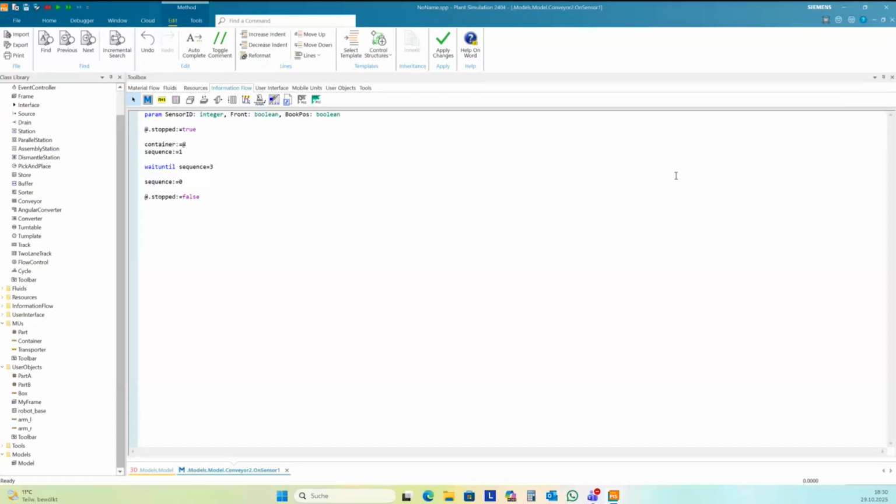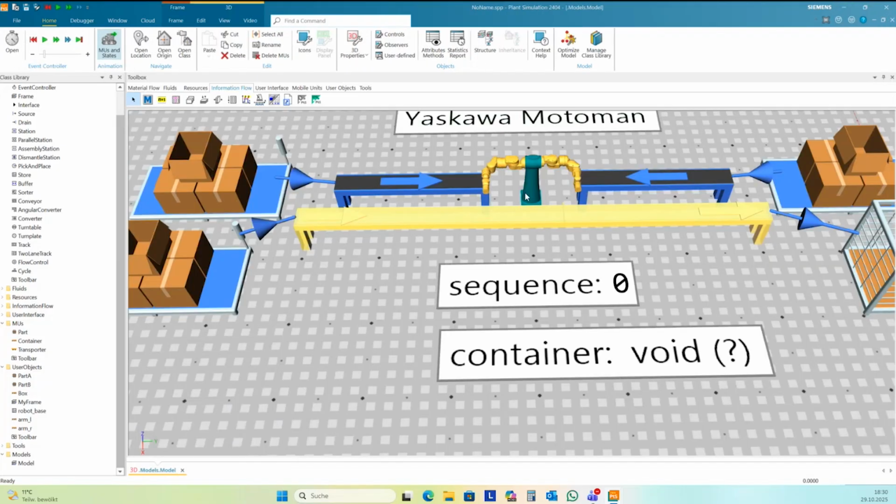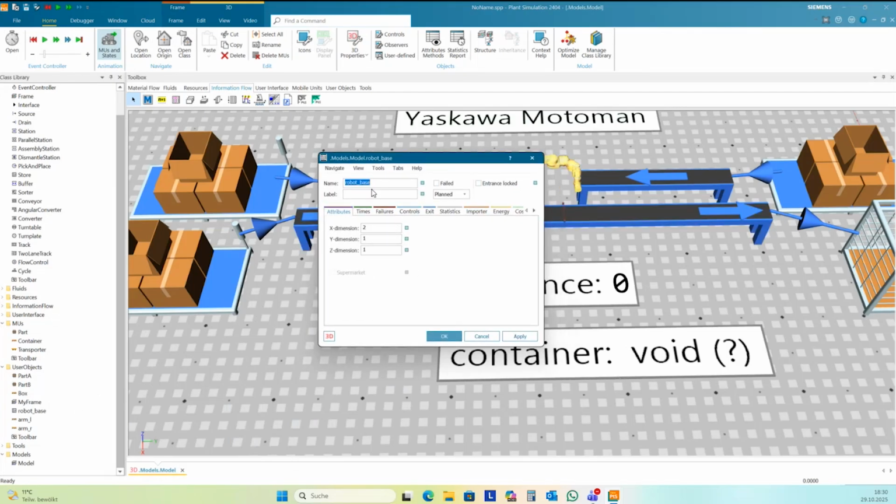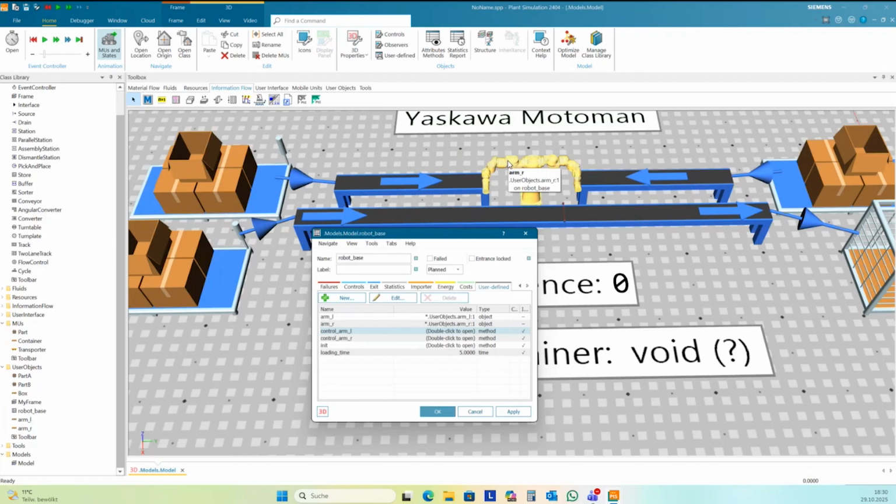Okay, and then we need to create 2 programs for the robot arms. I have already placed the control here in the base of the robot. So we need to go here into the robot base, and we have already the robot control arm left and right. We start with arm right.